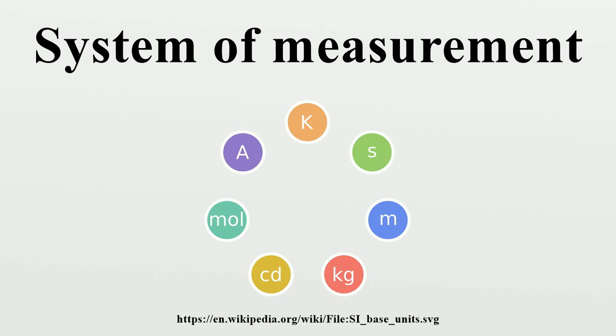Imperial and US customary units. Both imperial units and US customary units derive from earlier English units. Imperial units were mostly used in the British Commonwealth and the former British Empire, but in all Commonwealth countries they have been largely supplanted by the metric system. They are still used for some applications in the United Kingdom but have been mostly replaced by the metric system in commercial, scientific, and industrial applications.